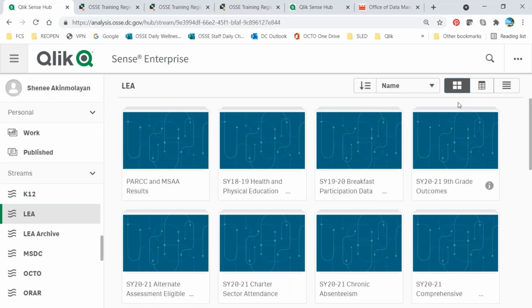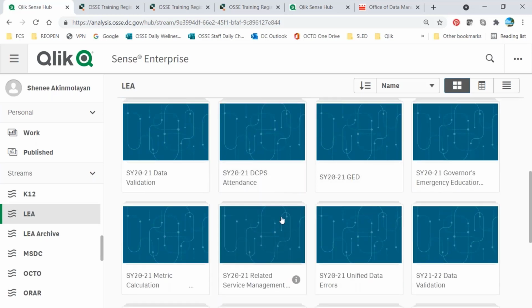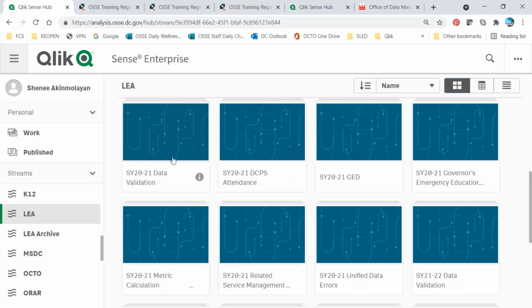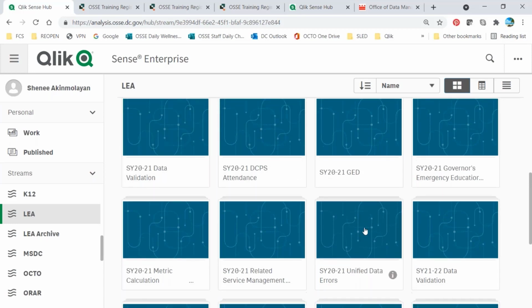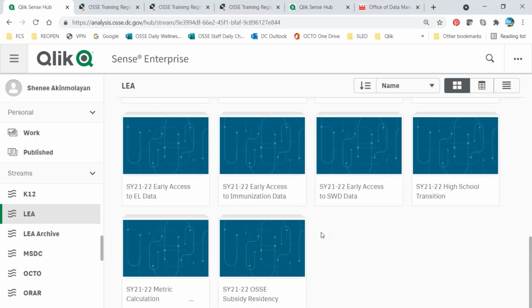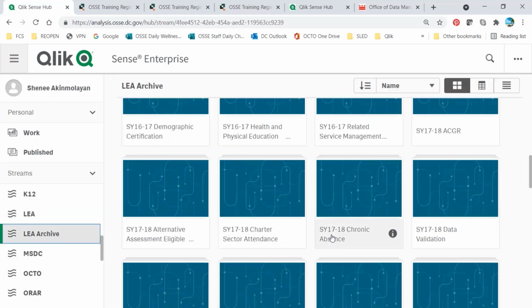here. If I do it in this kind of view, you can see all the applications you have access to. Typically, we only show the most recent academic year application. Once we roll these applications over for school year 21-22, you will see the old one disappear, right? And the new one will appear. Yep, and so when the 2021 is removed from this stream, you can always access them here in the LEA